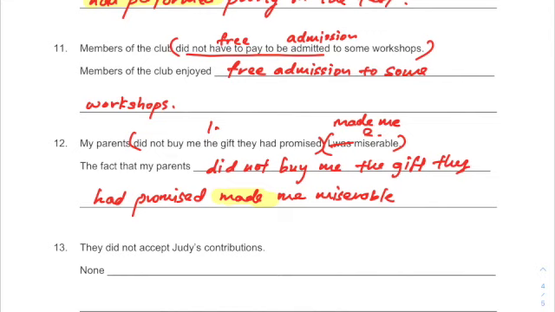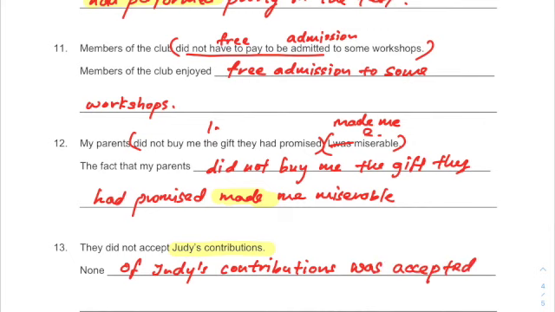Right, let's move on. Question number 13. They did not accept Judy's contributions. So here's her many contributions, right? So none of Judy's contributions were, or rather was, be very careful here, was accepted by them. Okay, so again, they becomes them, did not accept becomes was accepted,